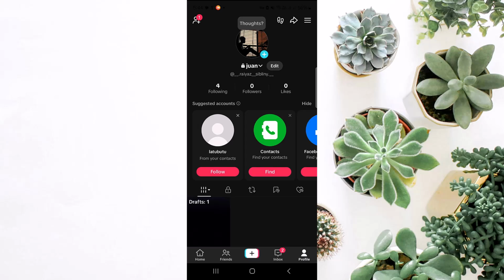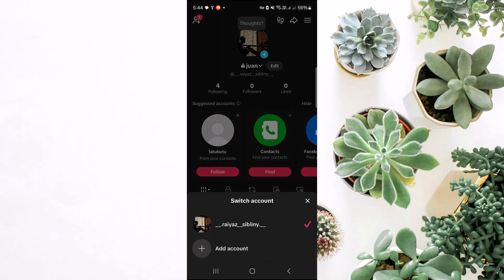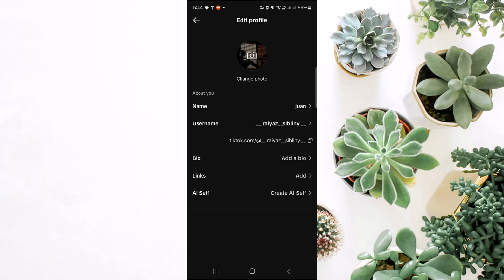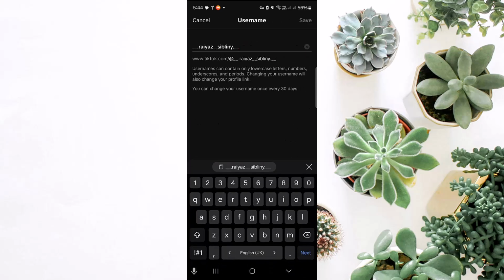And then tap on your username or the nickname. And here, tap on edit. And as you can see, there is the username option in here. Head over there. Now, if you want to change your username, you can change it in here and make sure